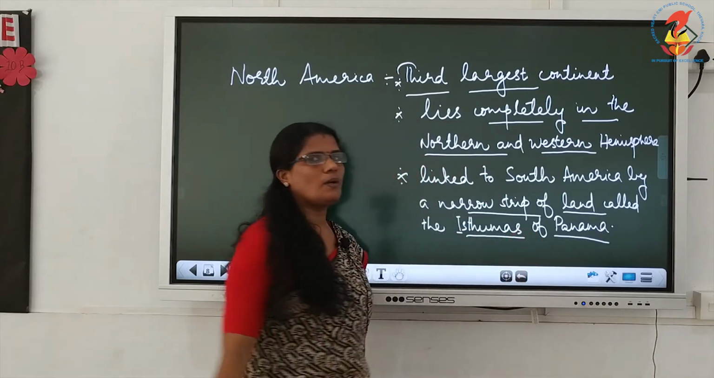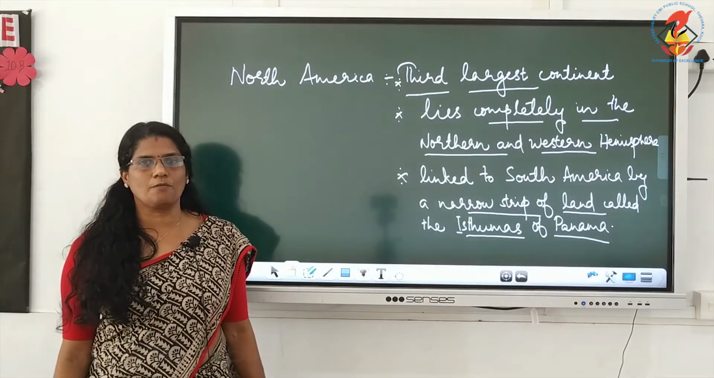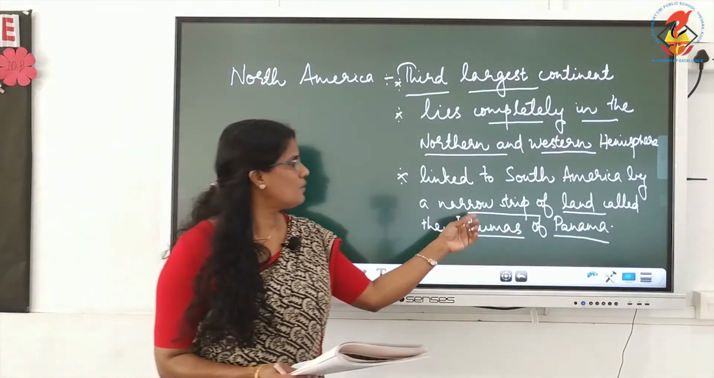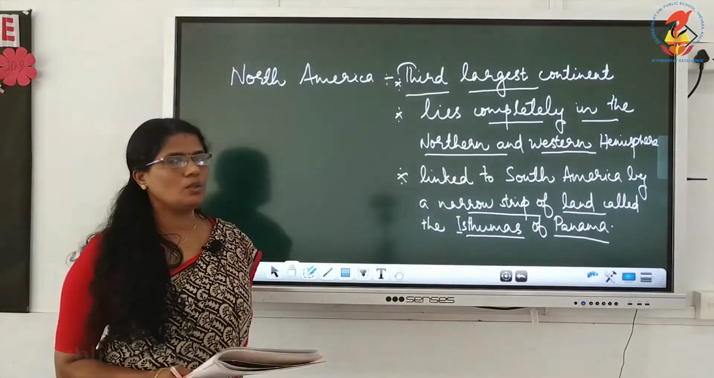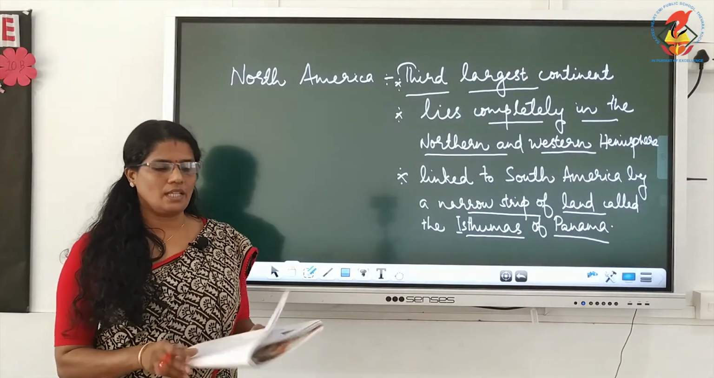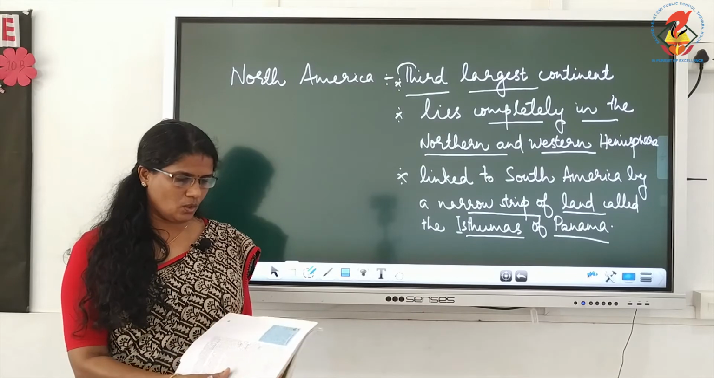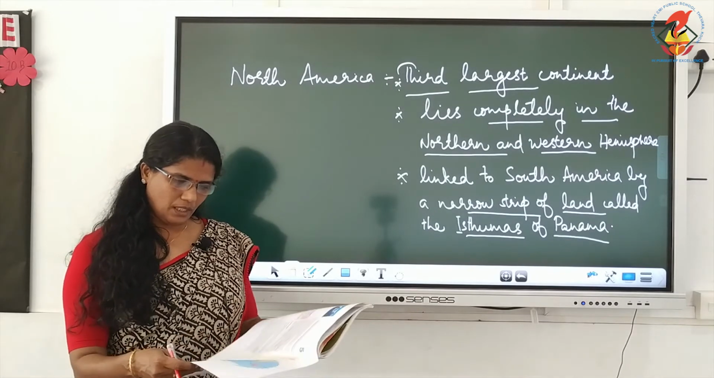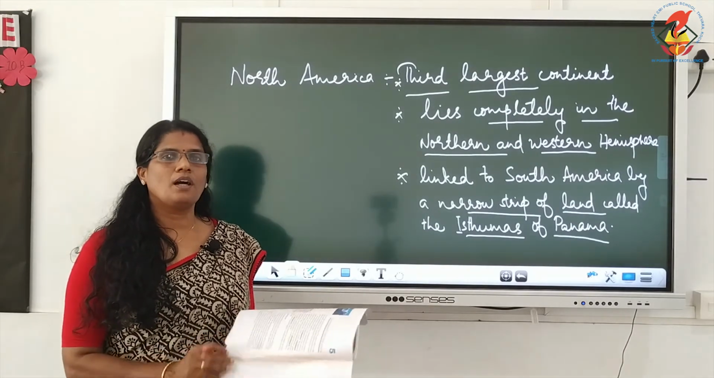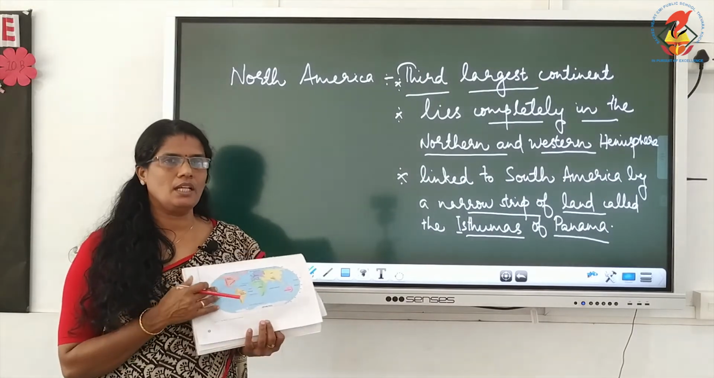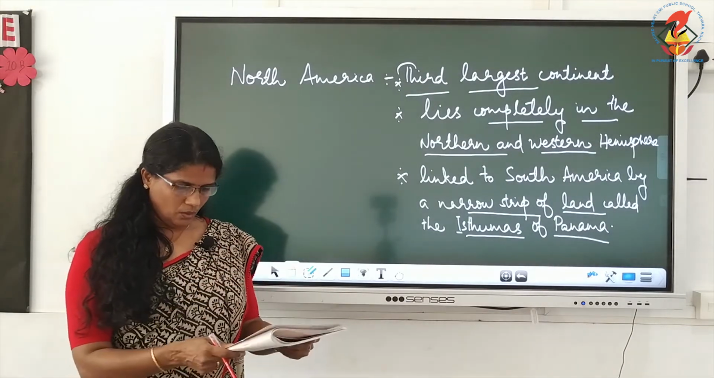This you will get as a 1 mark question. What is the Isthmus of Panama? It is a narrow strip of land which connects North America to South America. Here you can see in this world map given here, you can see the isthmus. Now next one,